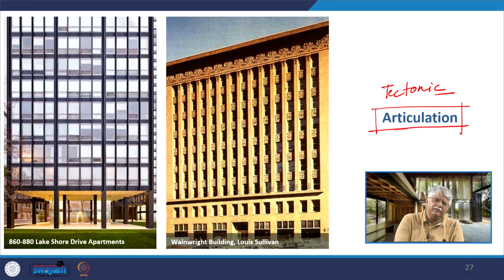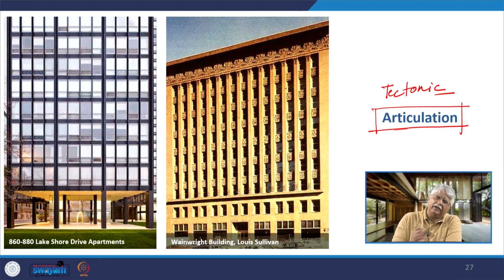In this case, the I sections are not actually serving a structural purpose, they are not bearing any load, but they are removing the monotony and increasing the sense of verticality of the building. Now I am comparing this with the Wainwright building, where Louis Sullivan